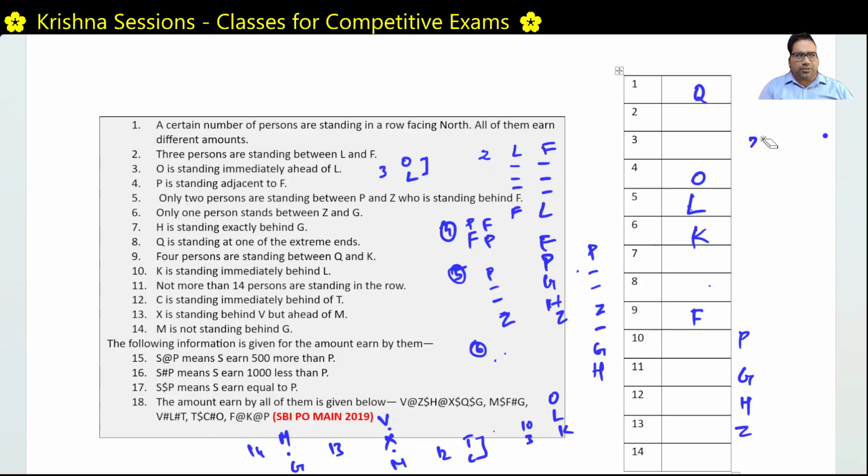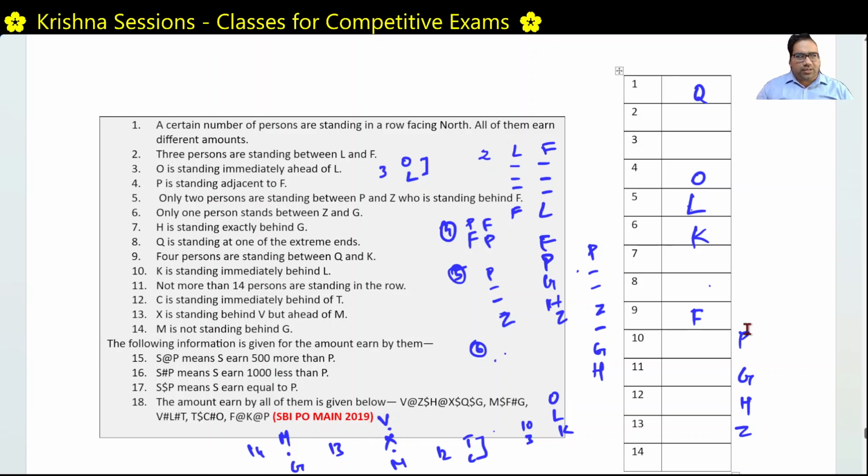P is above F or P is below F. If P is below F, this is the only possibility. If this is a possibility, then we have to fit other people, who else are there. We have to fit